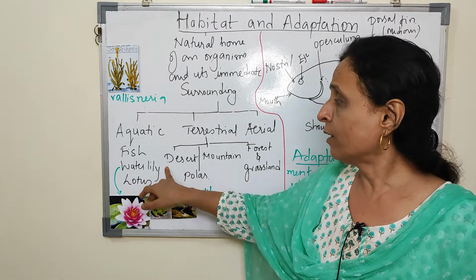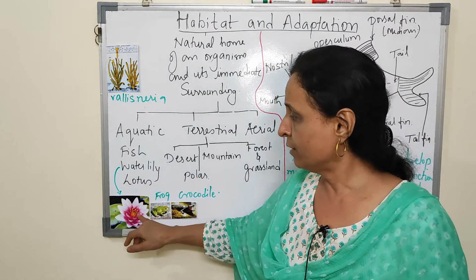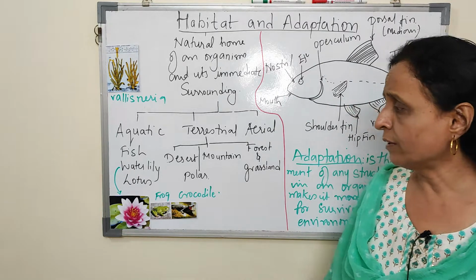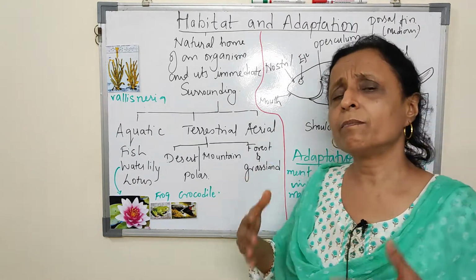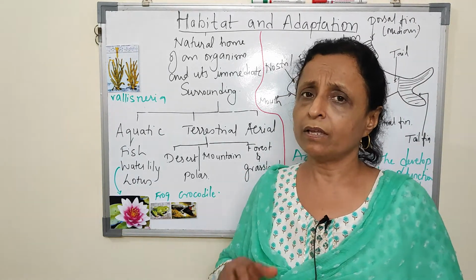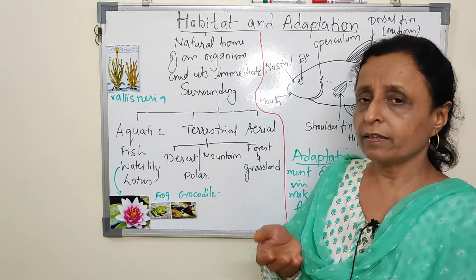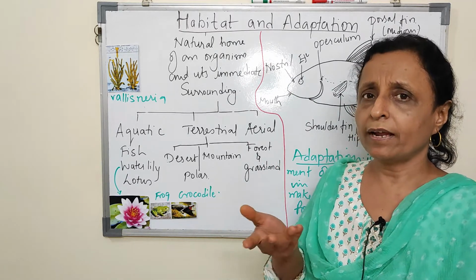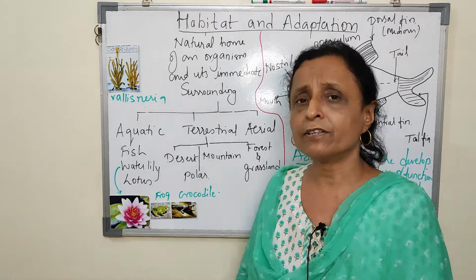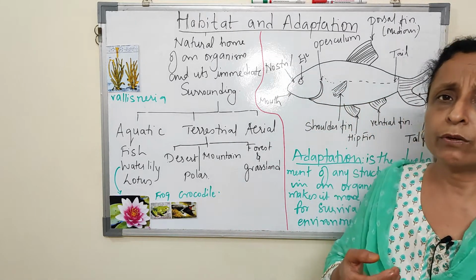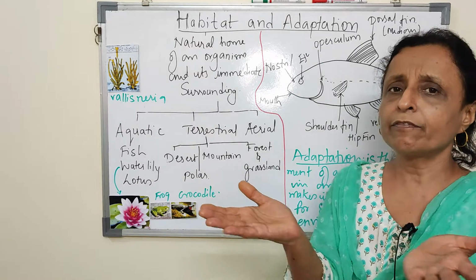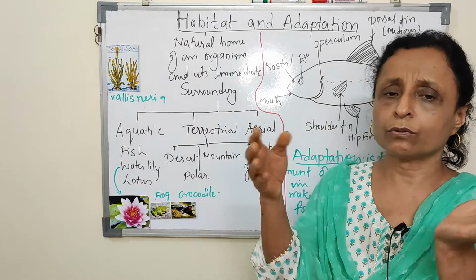Now water lily and lotus. This looks like lotus, but this is water lily and lotus. They have similar adaptation. They are not completely submerged in water. Their roots are in water, and lotus is normally found in swampy area where the roots are below, but their leaves will be coated with wax so that the water